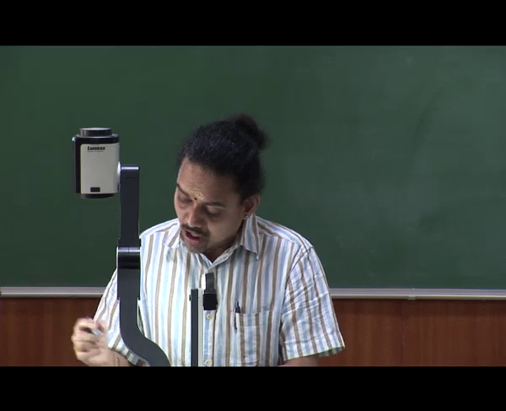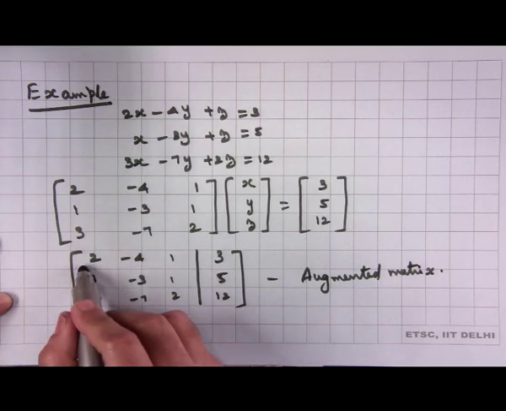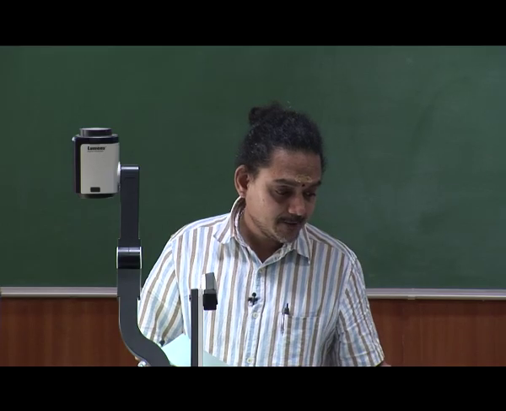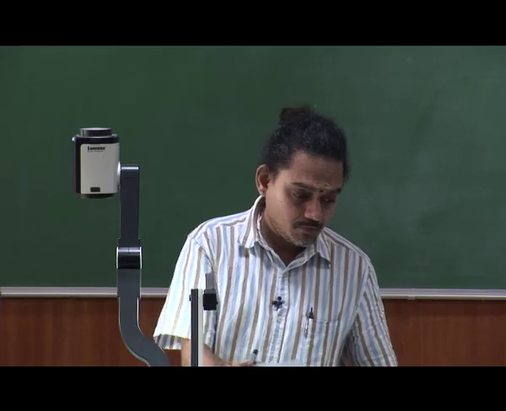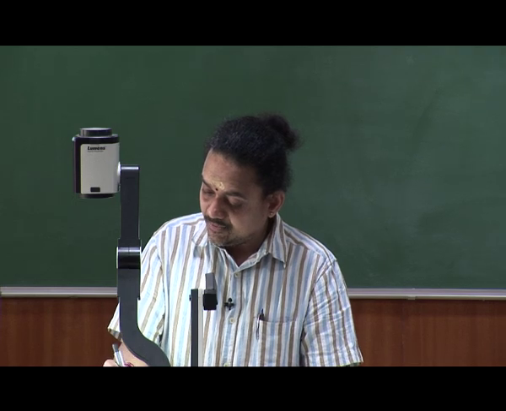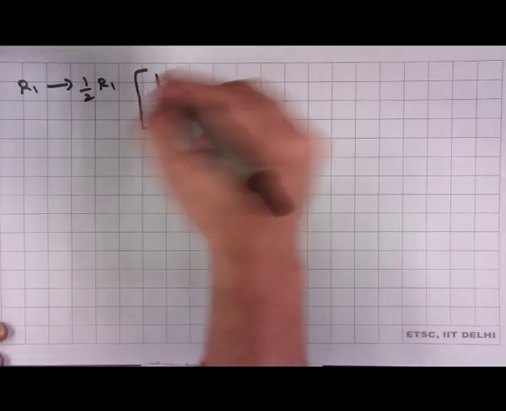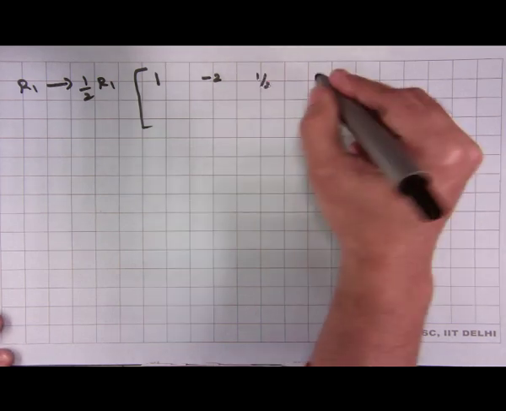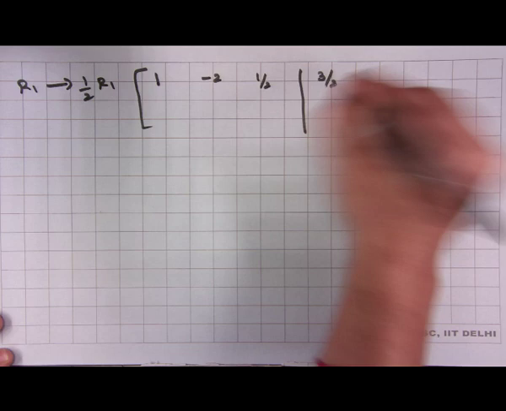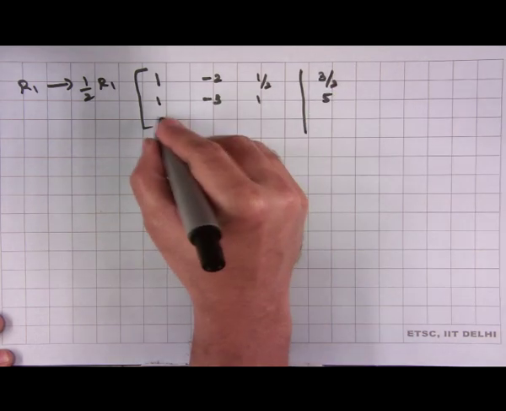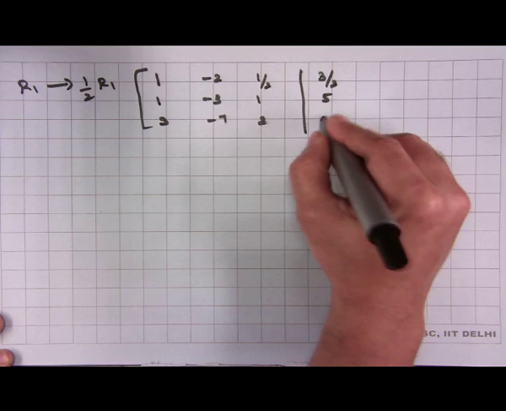Now, looking for the first non-zero term in the first row, it is just 2. So, multiply it by half. So, replace R 1 by half times R 1, which is going to give me 1 minus 2 half, and then I will have 3 by 2. The other rows are untouched: 1 minus 3 1, 5, 3 minus 7 2, 12,